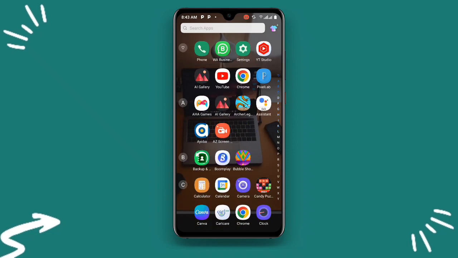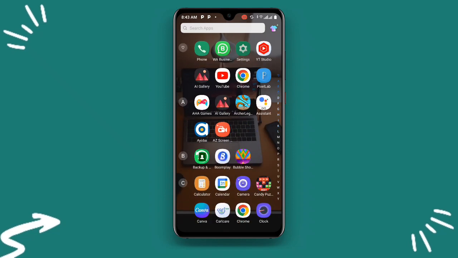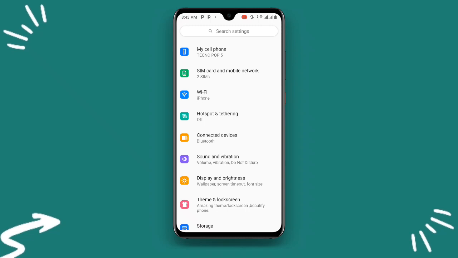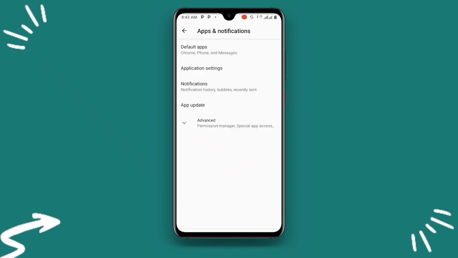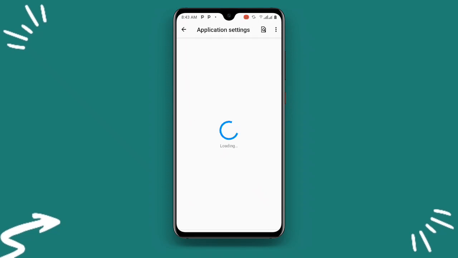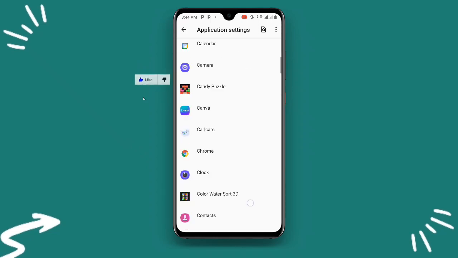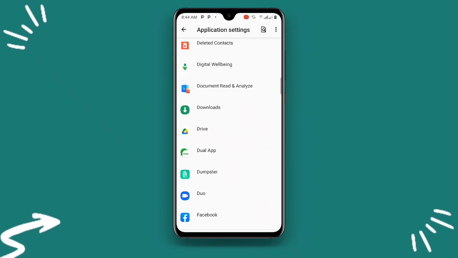For the last method, all you need to do is to open your phone settings. Once you open your phone settings, search for apps and notifications. Once you open apps and notifications, you can see application settings over here. Just click on that, and wait as it loads all your applications. So just wait for a while and you can see all your applications over here. Once it has loaded, just scroll down